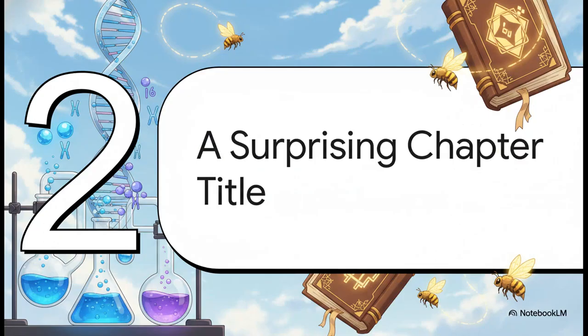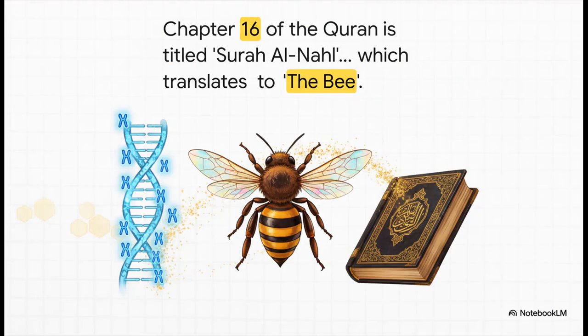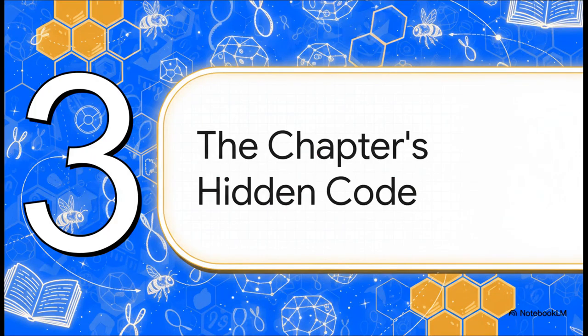Okay, so we've got our number from biology, 16. Now let's make a jump. We're moving from the science lab over to the Quran to see how this all starts to connect. And boom, right away, we get the first and most direct connection our source presents. The 16th chapter of the Quran is literally named the bee. So the chapter number, 16, matches the male bee's chromosome number, 16. It's an interesting coincidence, for sure. But the claim is that this is just the tip of the iceberg. So if this goes deeper than just a chapter title, where do we look next?